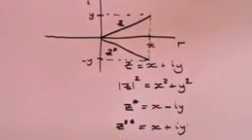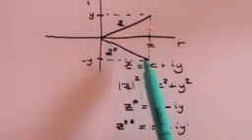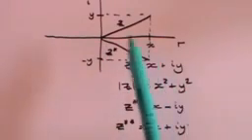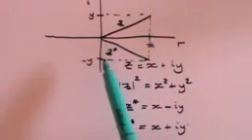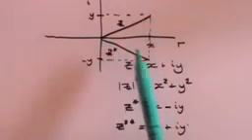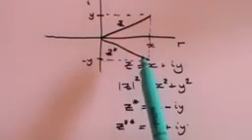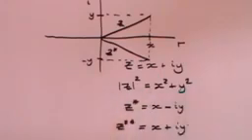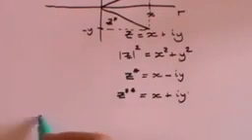You'll notice that the modulus, the length of this vector squared, is still going to be x squared plus y squared, because you're going to get x squared plus minus y all squared, and minus y all squared of course is plus y squared. So the modulus of z and the modulus of z star, or the complex conjugate of z, is always going to be x squared plus y squared. But I want to draw your attention to something rather interesting, which is that if